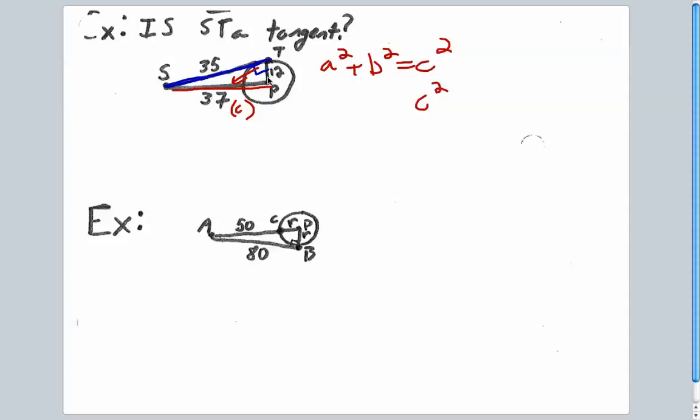So c squared equals a squared plus b squared. Well, it doesn't matter what we pick for a. How about 12 squared plus 35 squared? Okay. So 12 squared plus 35 squared equals c squared. Oh, excuse me. Let's actually put in c. C is going to be 37. Okay, so 37 squared. And then I want to actually do the math on this, and I'm going to find that ultimately you get down to